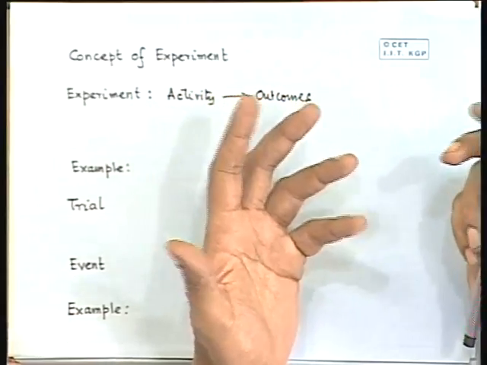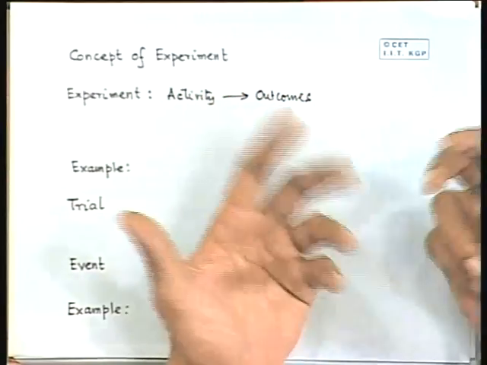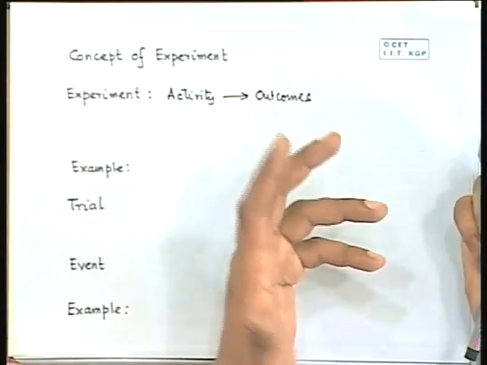So you get either head or tail, that's an outcome, right? So this experiment has two outcomes. Similarly, if you toss a die, you will get 6 outcomes. If you measure a temperature in a room, you may get an infinity of outcomes. So in each case, you are carrying out an activity, and that activity is resulting in something which we call an outcome of the experiment. Right? In this case, the value of the temperature. And there may be a number of outcomes of an experiment.